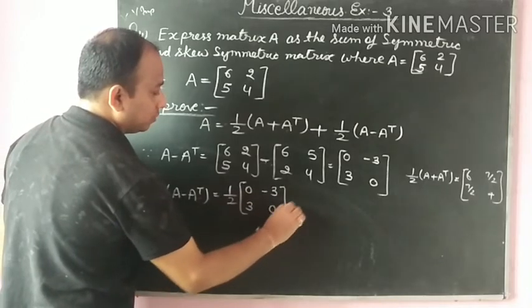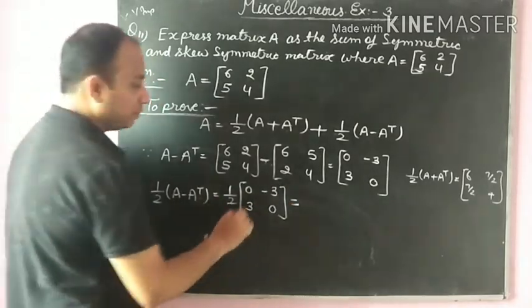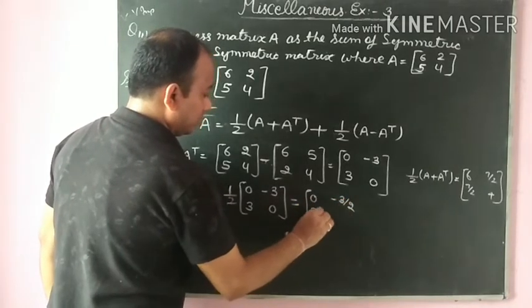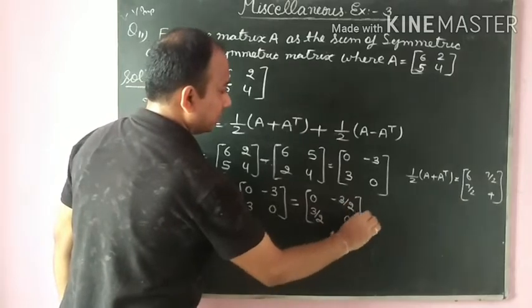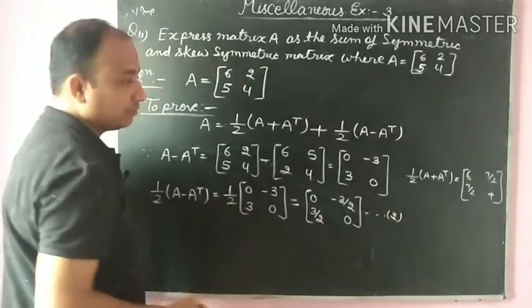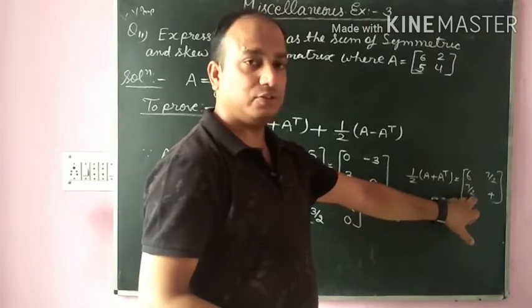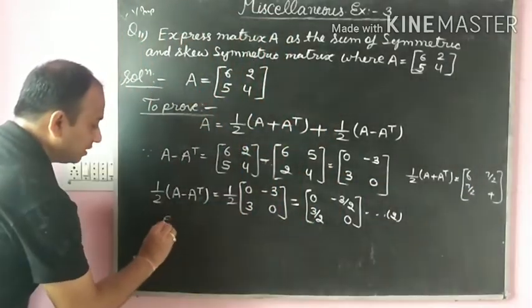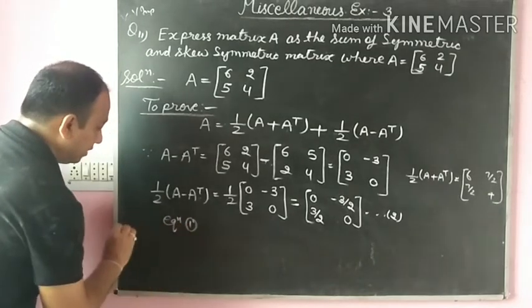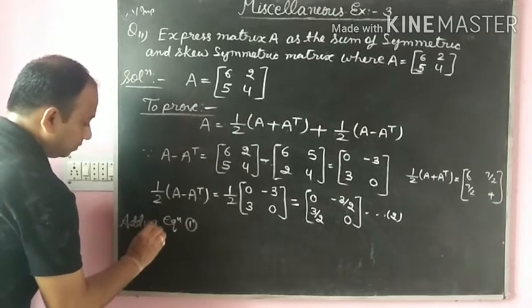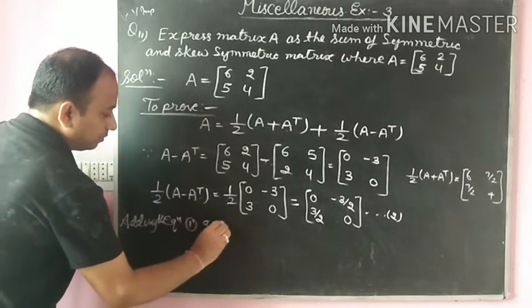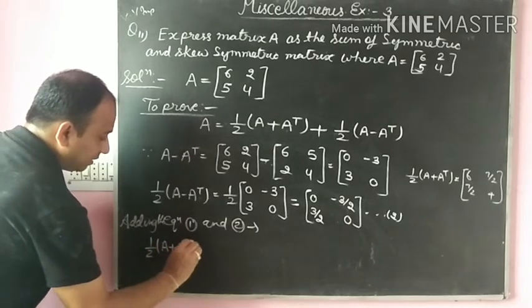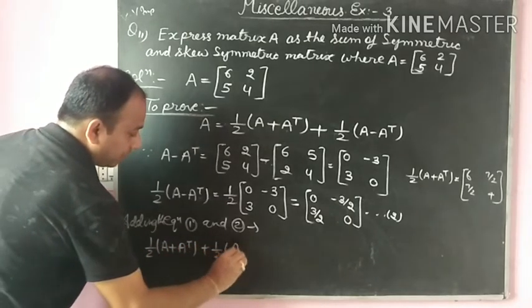3 and 0. This matrix is multiplied by 1 upon 2: 1 upon 2 multiplied by 0 is 0, minus 3 upon 2, 3 upon 2 and 0. This is equation second. The equation first is half of A plus AT equals this. This is equation first and this is equation second. Then we add equation first and second equation: half of A plus AT plus half of A minus